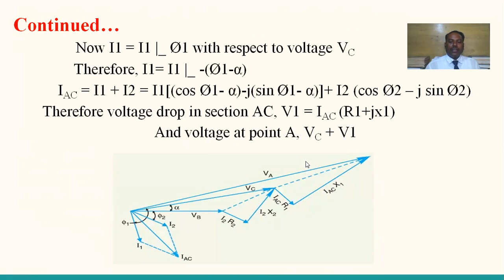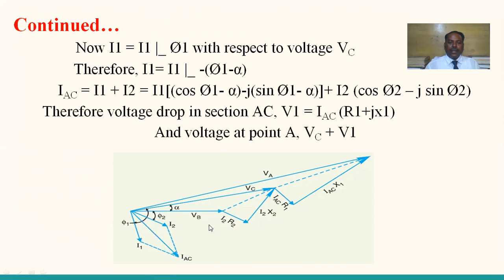And the corresponding phasor diagram is also considered here, because all are vectors. It is having magnitude as well as phase angle. It is vector sum, not arithmetic sum. Try to consider this point and proceed for the calculation. Same as the earlier case, here also receiving end voltage VB is a reference vector, and the currents I1 and I2 are lagging with an angle of phi1 and phi2.